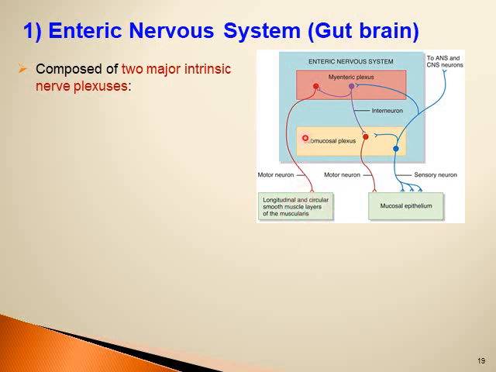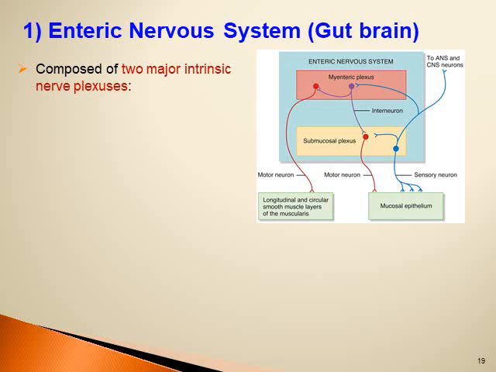As you notice, action potentials to the smooth muscles of the muscularis externa arise from the myenteric plexus, and this is logical because the myenteric plexus is present between the circular and longitudinal layers of the alimentary canal wall. Impulses arising from the submucosal plexus will go through motor neurons, and this usually will control the secretion. So the main function of the myenteric plexus is to control motility, and the main function of the submucosal plexus